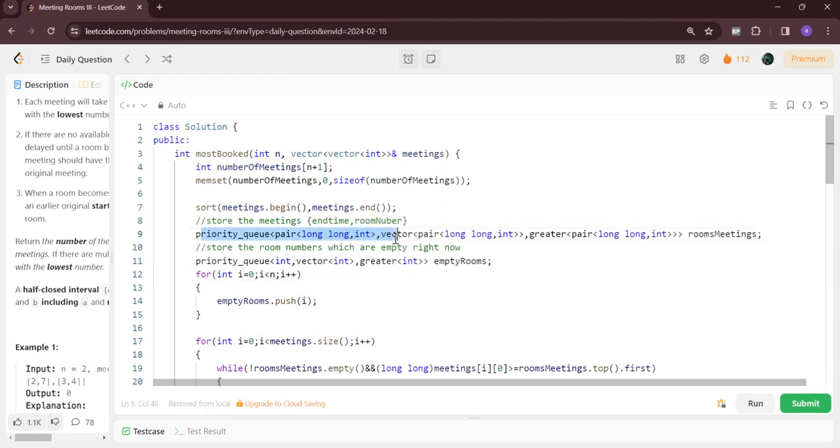I'm taking priority queues so that it will pick the room number which will end faster, and then if it ends at some particular time, then it is going to pick the room with the least number. So this is going to be the min heap. It will be giving us the minimum of all the elements which are present. So if we have a pair, then it is going to be sorted on the first and then the second,